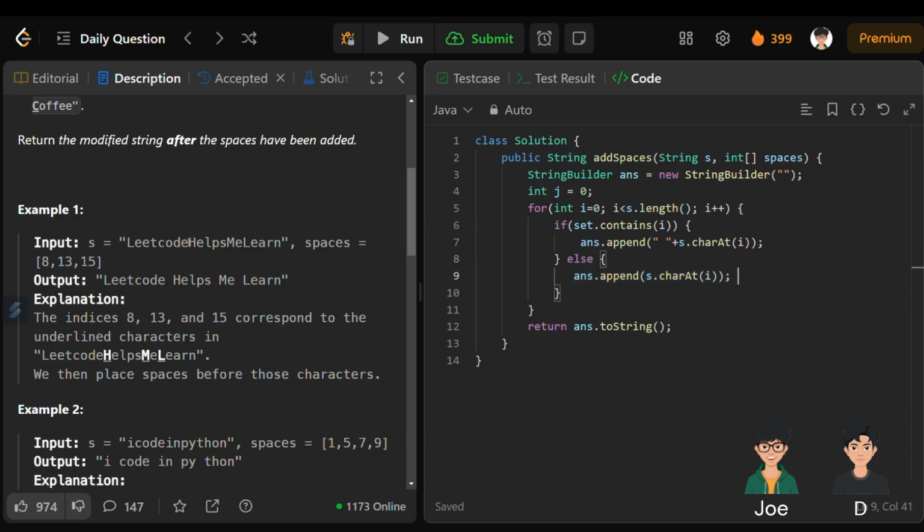Likewise for every index we will do, and when h comes, the index is 8. So what we will do, instead of comparing this, we will compare i is equal to spaces of j. What's the value of j? It's 0. We are at index 8, and 8, which is i, is equal to spaces of 0, which is 8. So it's equal now. We will append a space before it, and h should be appended,